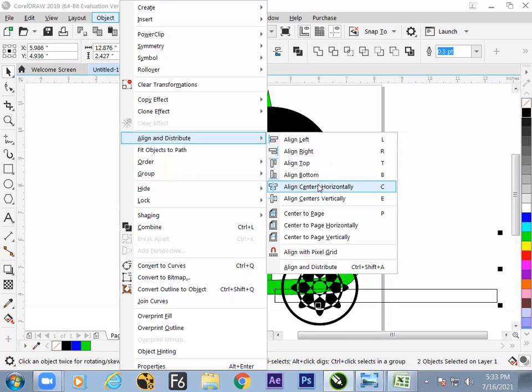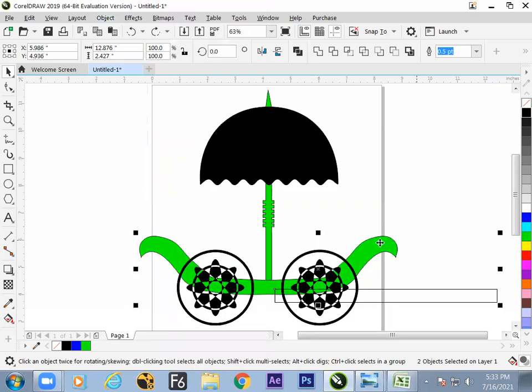Now only three things are to be known: C, E and P. Page center you have already learned. The only things you need to learn are horizontal center and vertical center, C and E. And it is used quite often. So C, E and P: horizontal center and vertical center, C and E. Fine, so let us see. So these two are there. We can use C for horizontal center rather than the top align button. And just hit the button C, it came up.